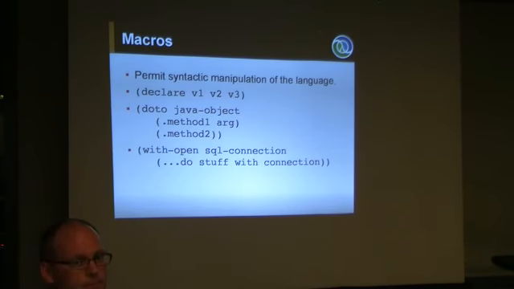You can actually run macroexpand in the REPL. So if I have a macro and I want to see what it expands to, I can type macroexpand, and there are levels. I can do macroexpand-1, macroexpand-all, to see what it's actually producing as part of the eval. The macros have to be a full